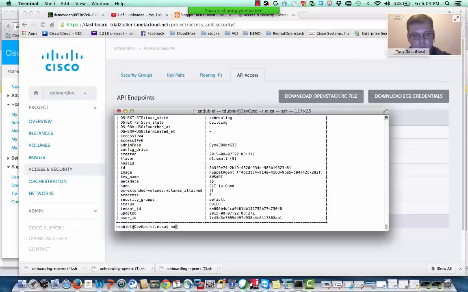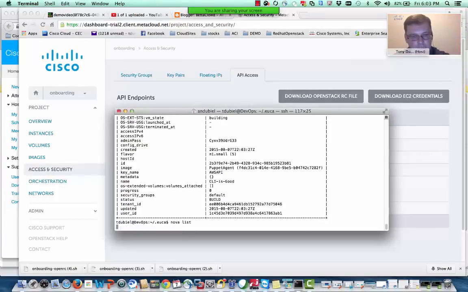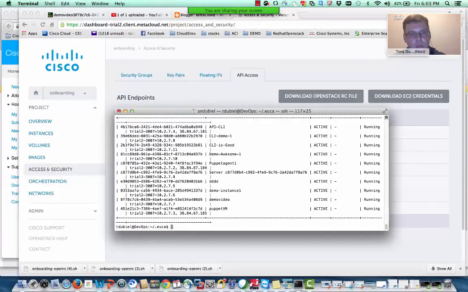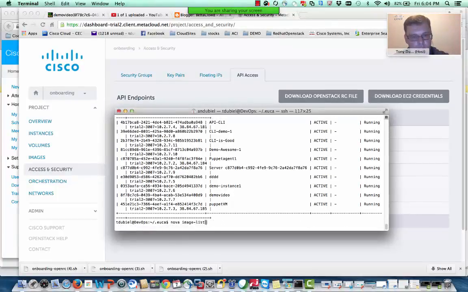So let's go ahead and do a nova list to see where we're at. All right, and we called this CLI is good. It is now active and running. So the last thing that we want to do, as an alternative to SSH, it's a bit quicker just to jump on that console from the web GUI, and what we can do from our web browser is connect to it. So we need to understand what that specific URL is for this particular virtual machine. So let's go ahead and do a console command here,